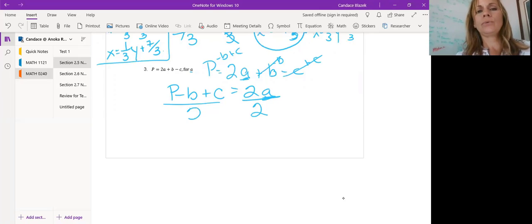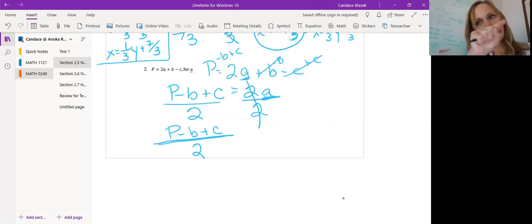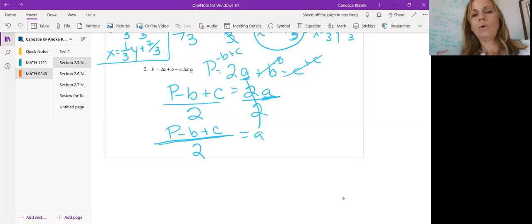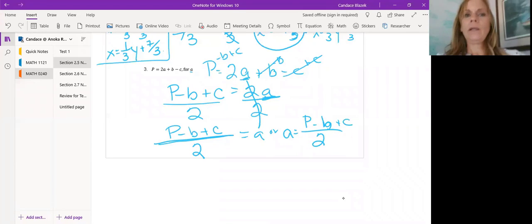The 2's cancel off the right, and we will have P minus B plus C, all of it over 2. Now you have to have that fraction line under the whole thing, equal to A. Or we can write with the A on the left, A is equal to P minus B plus C divided by 2. Okay. Now one more word